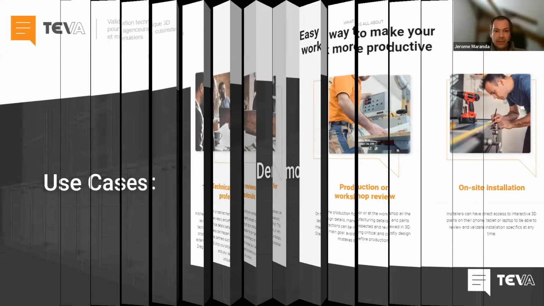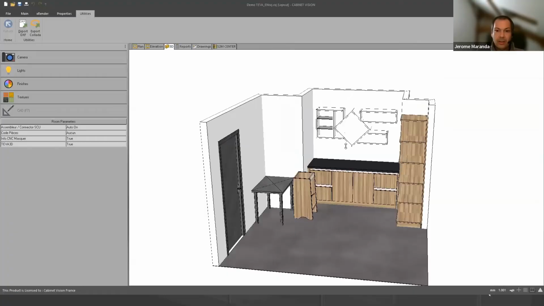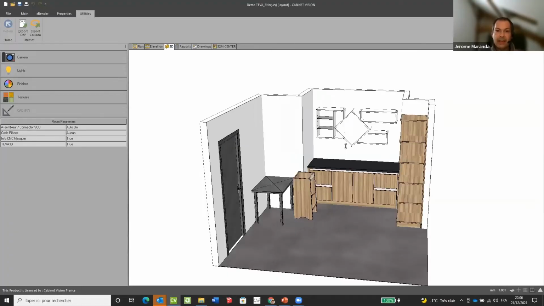Okay, so let's go into the demo. Basically what I'll do is I will just open Cabinet Vision. So here is a project that I have in Cabinet Vision. So first of all, when we are going to